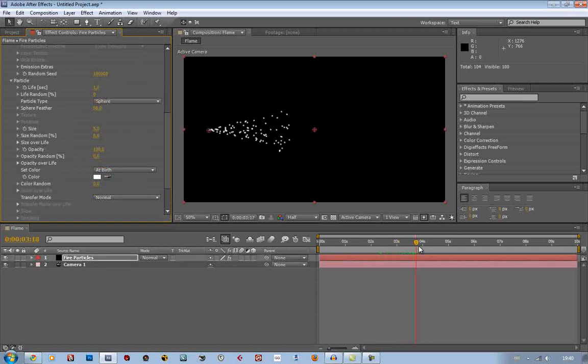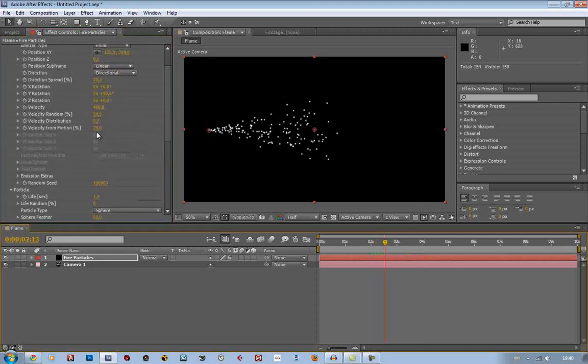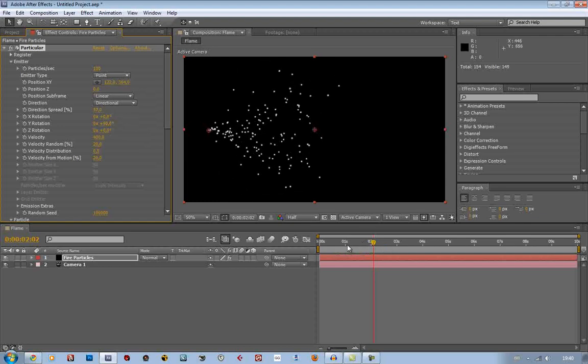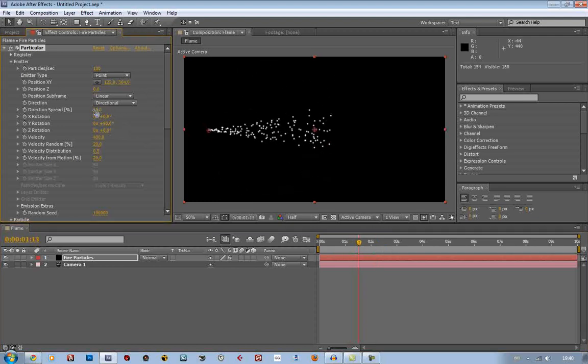And that will make this. So as we RAM preview this now, you can see that we're having way faster particles, and we can even increase the life to, let's say, 1.5, so that will have a little bit more of a spread. And now a good thing to work with is the direction spread. When we set this to 0, it creates this line, which is also a very interesting thing to play with. But what we want, obviously, is a kind of flame, a kind of directional spread. So I want to set this to like 15, not too high, because then you will see that the particles are going everywhere. I just want to keep this, let's say 15 or